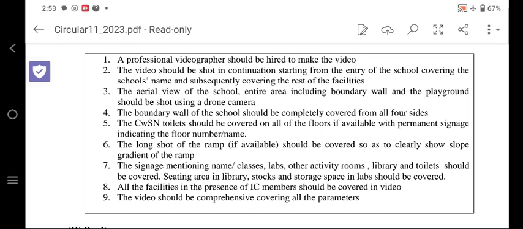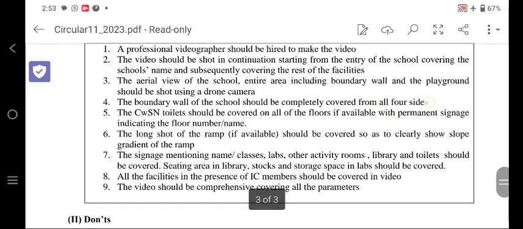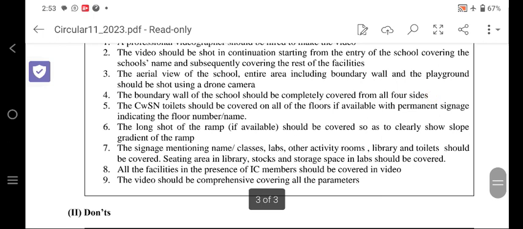Most schools don't know this and have taken the playground video with other cameras, but it should be taken with the drone camera. The boundary wall should be completely covered on all 4 sides, so that the drone footage shows the school is enclosed on 4 sides with walls.